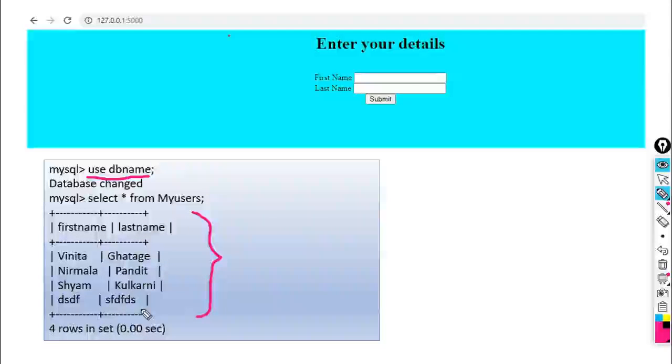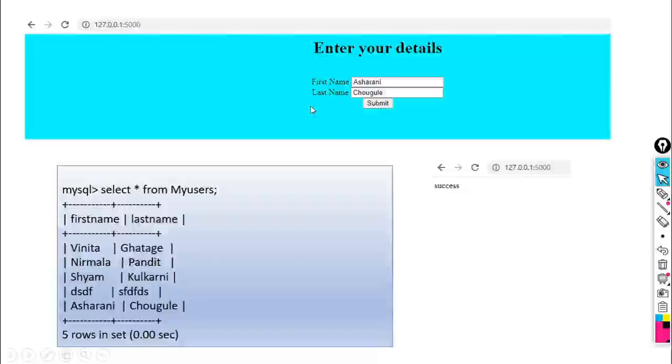So this is the previous data. When we execute this one, it will ask us to enter the first name and last name, and that data will get stored to my users. We have entered Asha Rani for the first name and Saugule for the last name, and when we click on the submit button, that data will get transferred to MySQL.